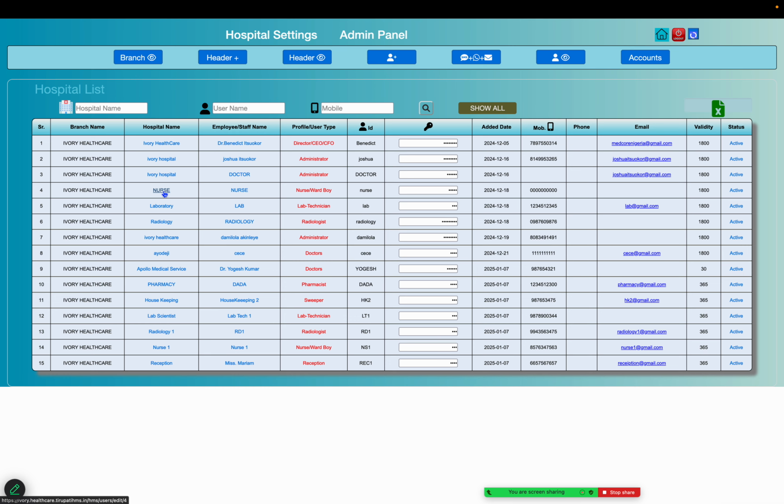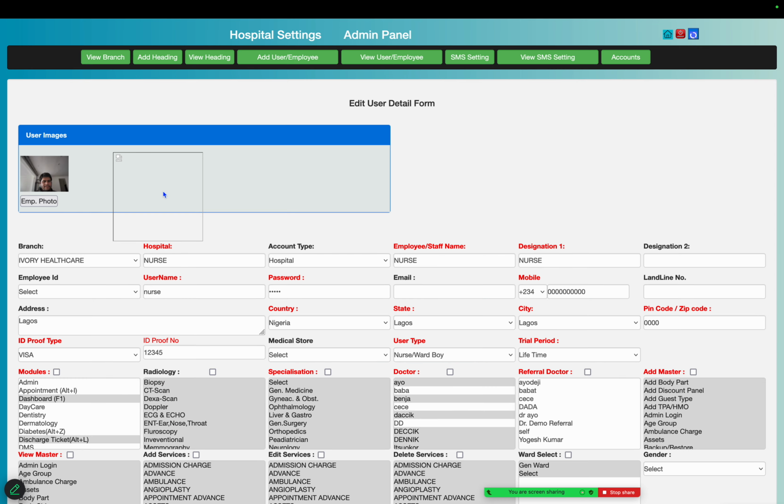Just click on the certain user, it will open in an editing window, and you can change the name here if you want to change.